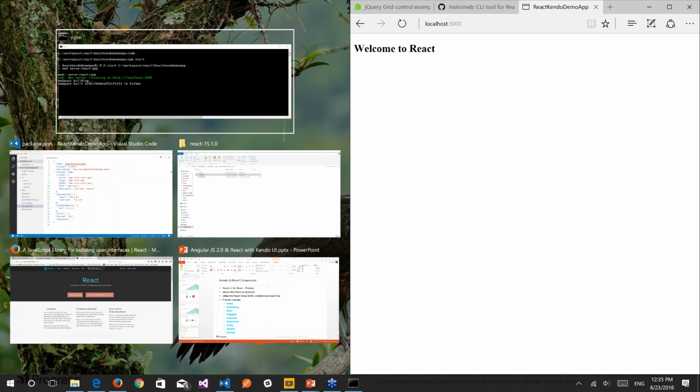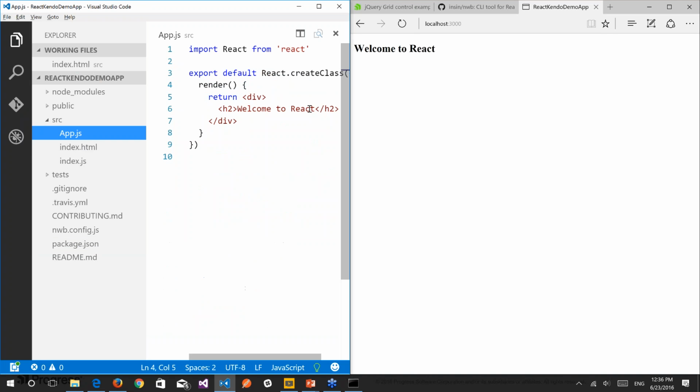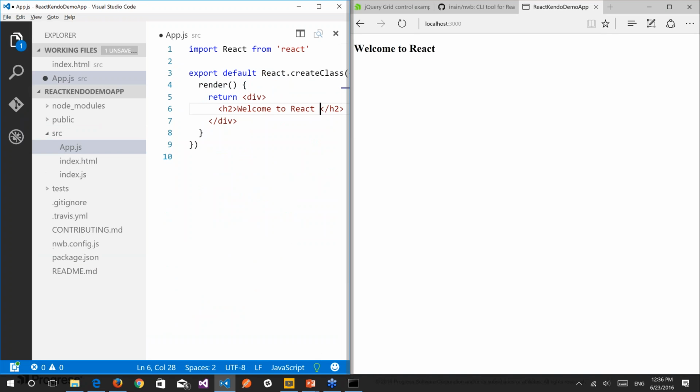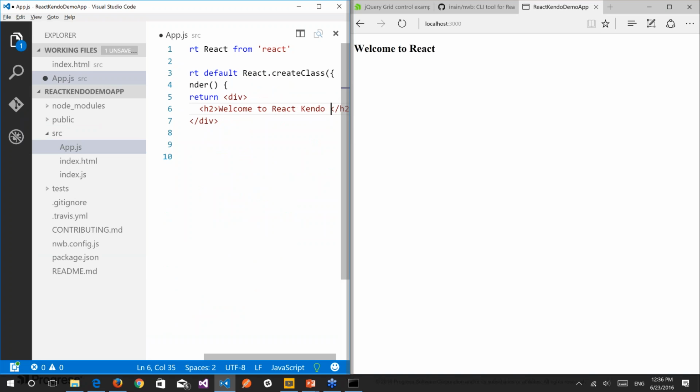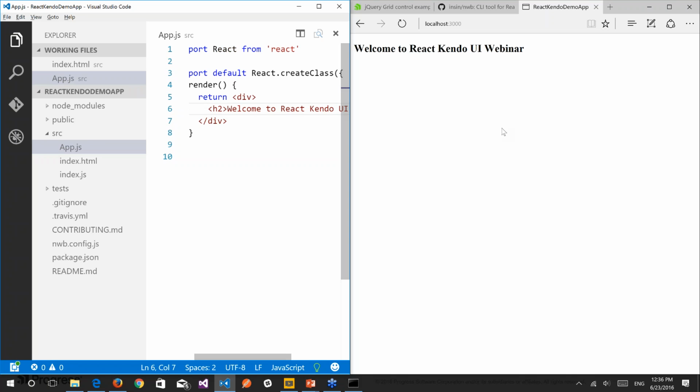I'm going to dock this to the right, because the moment it detects that there is a change, React Kendo UI webinar, and you saw on the right hand side I did not have to refresh the page. It was able to just get the refreshed page, Welcome to React Kendo UI webinar. So now we have just created a simple